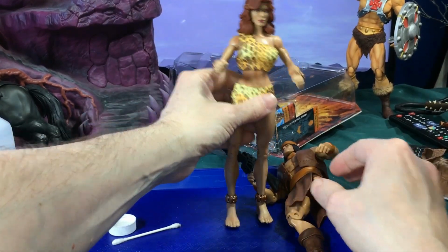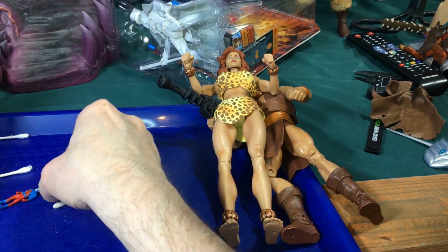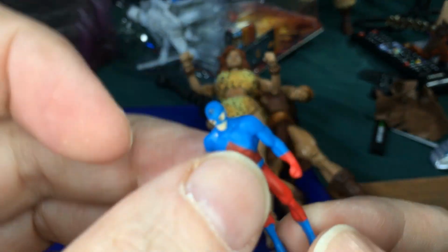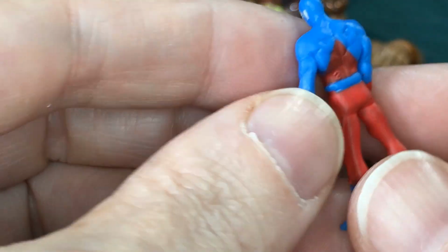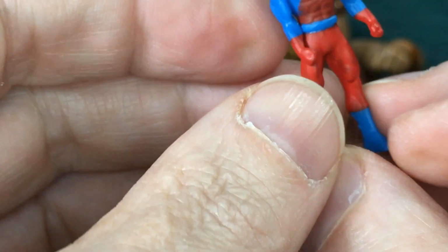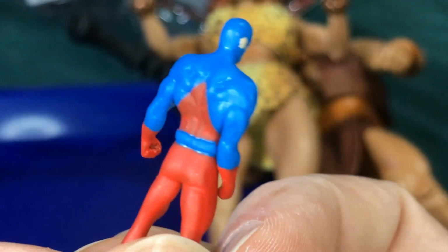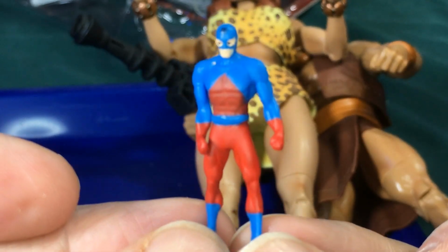I'll probably put Gentleman Ghost back up on eBay soon. And that is it. Oh, the Adam figure. I don't think he has any articulation whatsoever. Nope. What a strange way to put his arm, like he's being squished or held by somebody. I could see it if her hand opened up and she was holding him and squishing him, but...